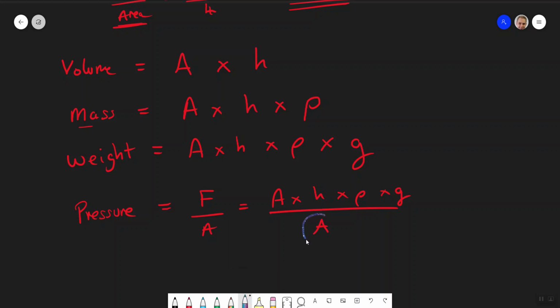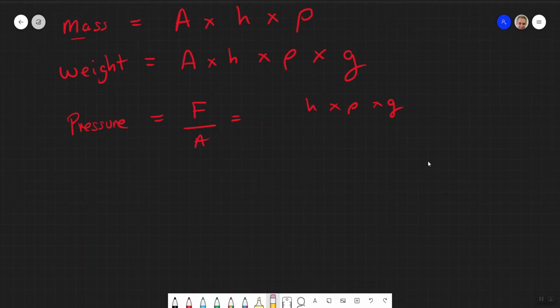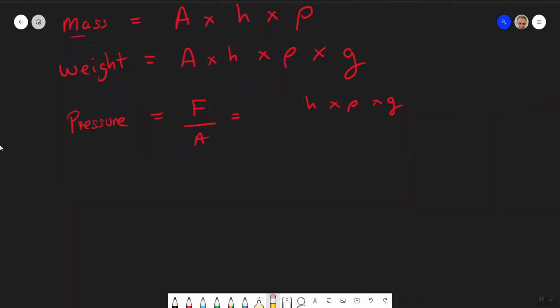And look at the fun. I'm so delighted by this. I'm using the Galaxy pen. There's an area on the top, area on the bottom, which means bye-bye. You get to go away, and you get to go away, because you're on the top and bottom of this equation, so we can lose you. And there we go. This is a wonderful shorthand for what the pressure is at a depth under a liquid. So this gives us the equation we kind of need to know.